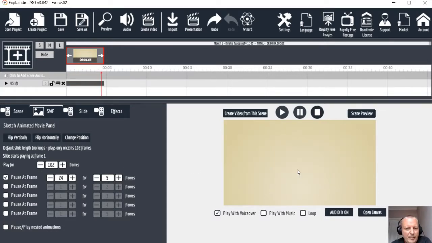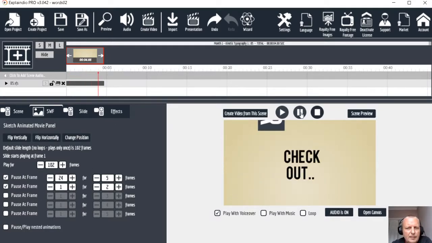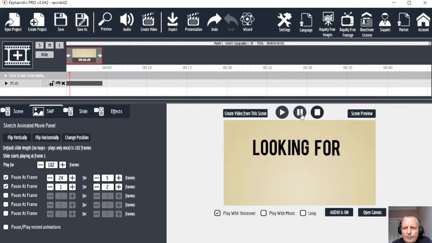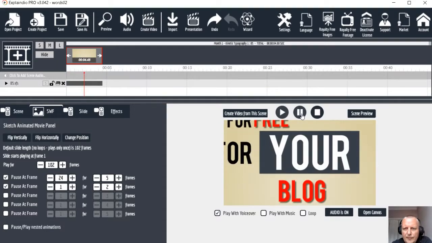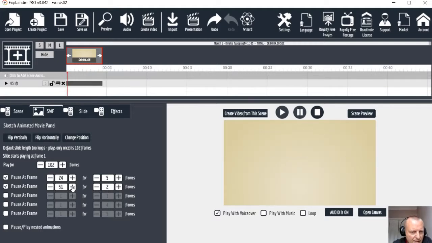Okay, I'm going to pause it again after blog. So let's do another one. I don't know exactly where that is. Let's just try. A bit more. Okay, I'm going to pause it there. So that is after 2.5 seconds, which at 24 frames a second is about 48, and about another 12 after frame 60. So let's go up to frame 60,